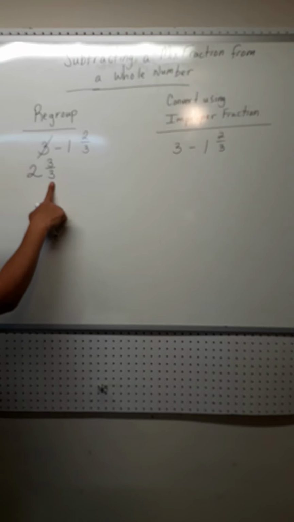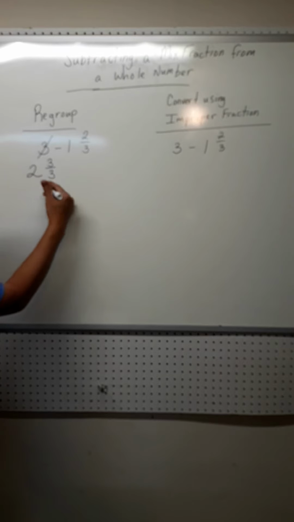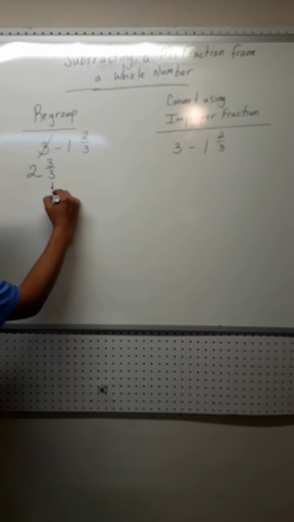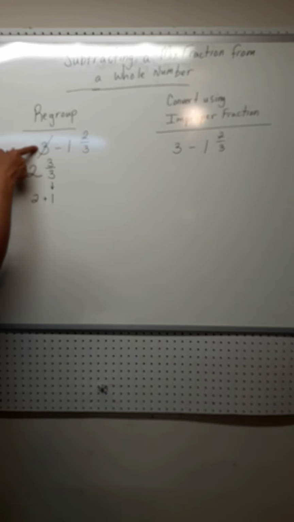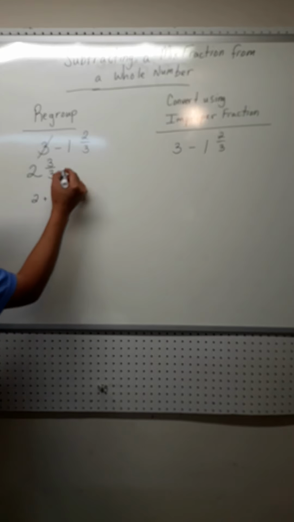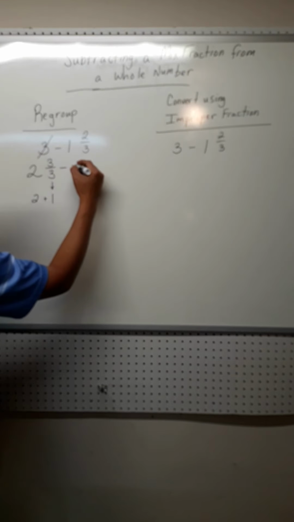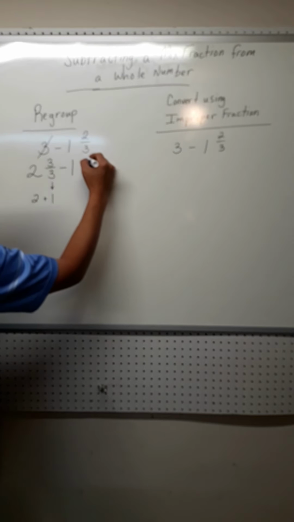So 1, 3/3, which is 1, plus this 2 will still give you the same value as what I started with, which was 3. Now I can subtract 1 and